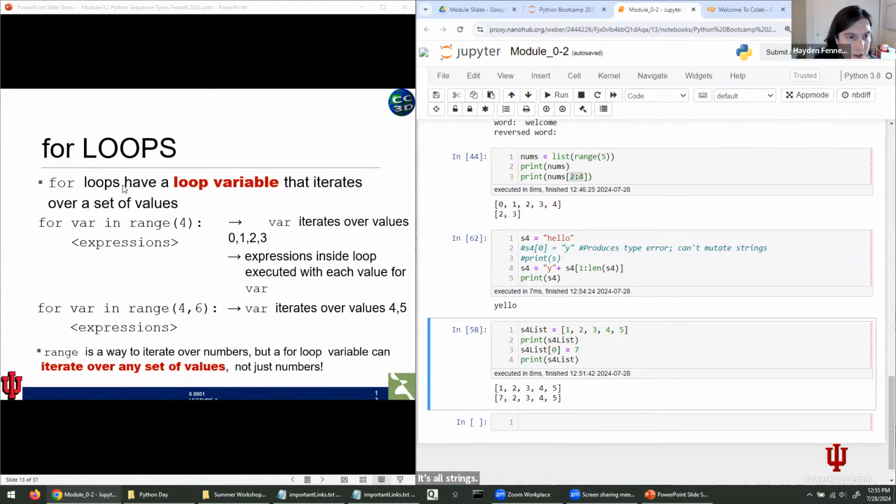All right. So we'll go ahead and move on to for loops. I think we've covered this briefly. So yeah, like we were talking about before, for loops have a temporary loop variable that iterates over a set of values. Range is a way to iterate over numbers. So if you just need to iterate a loop a certain number of times, you can say for